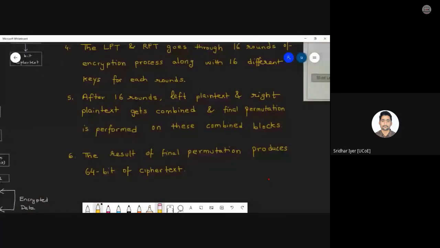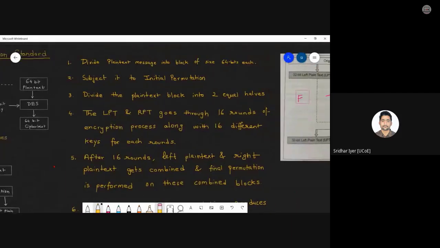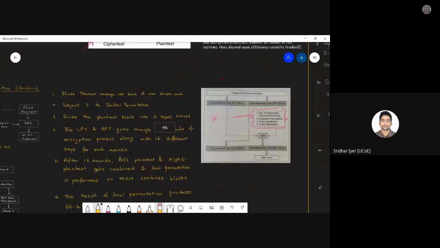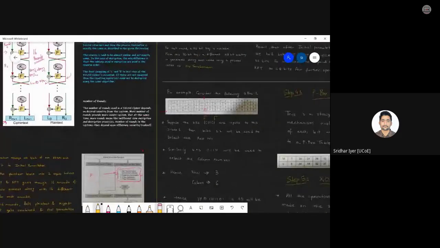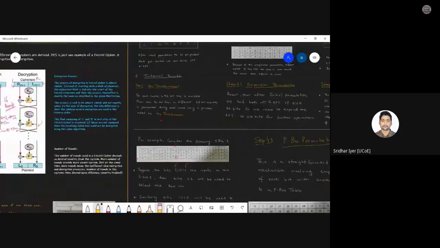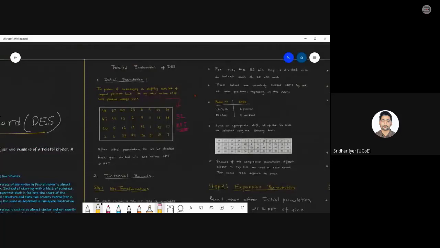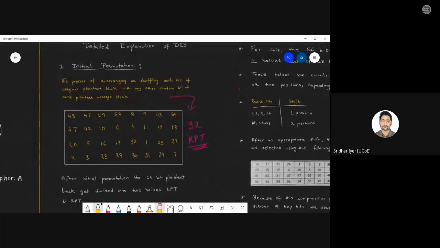So the very first thing is the description that I have just now explained using the diagram. What we need to do in the very first step is the initial permutation. As per your diagram, initial permutation is nothing but we have a matrix. According to some positioning, for example, over here, as you can see, instead of 1 we are having 48. So what exactly this means is whichever bit is present at the 48th position, that should now come to the first position. Am I clear?